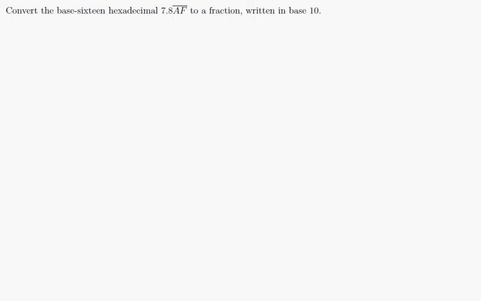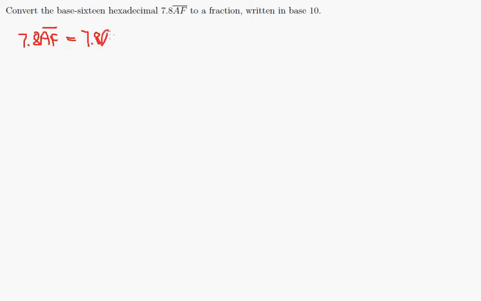Okay, for this problem, let's convert this base 16 hexadecimal number, 7.8AF, where the AF is repeating, into a fraction in ordinary base 10. The way to do this, let's see, 7.8AF bar means